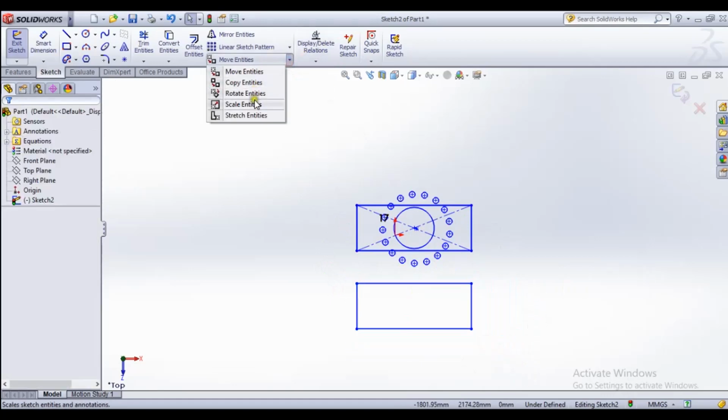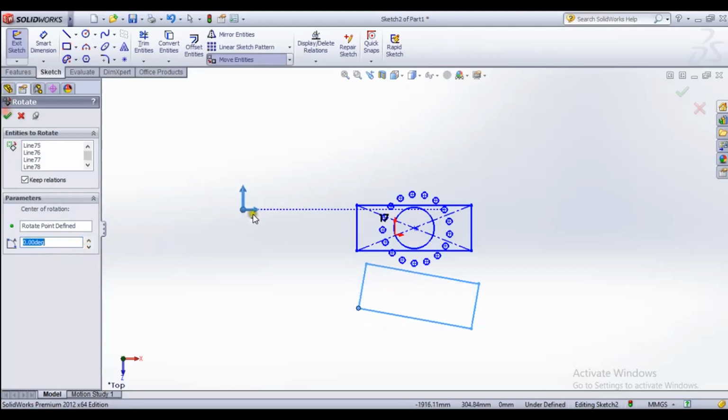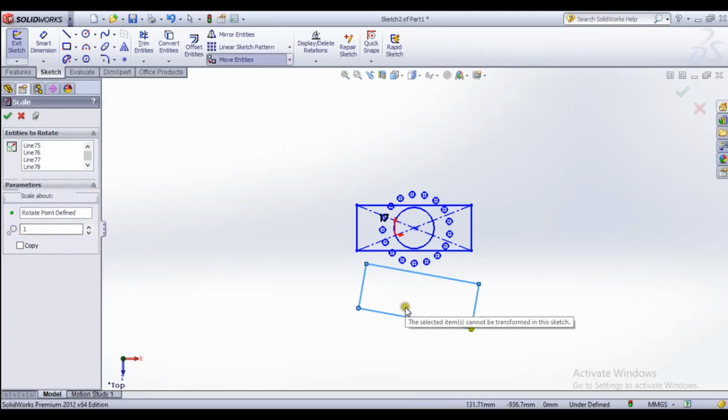From move and rotate entities to rotate. So okay, center of rotation, I will give it here, and the deep wheels we need to rotate. Okay, you see that there are so many tools we can use in SolidWorks. Now I am going to scale this item 5, copy.